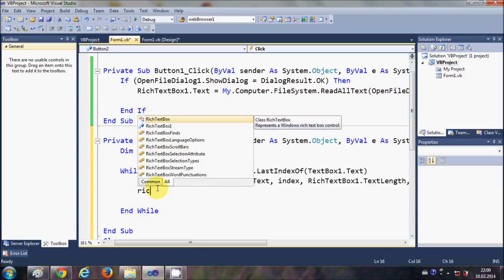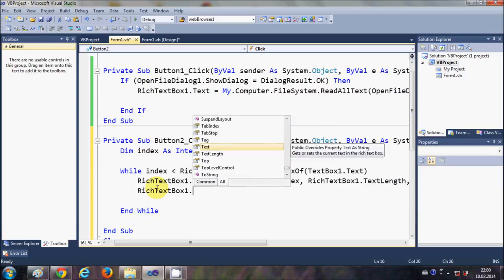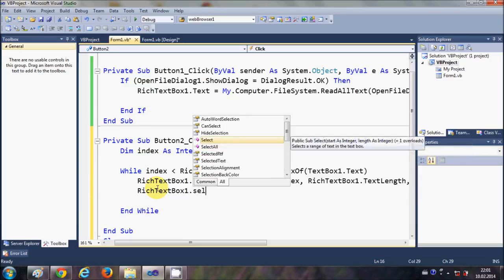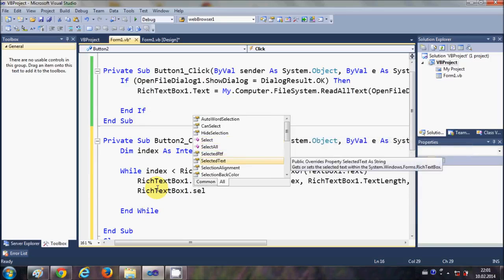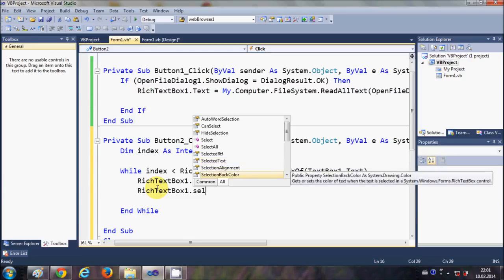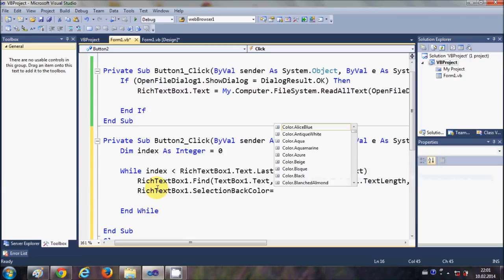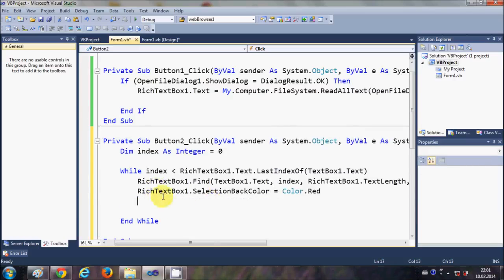So just write rich text box 1 dot selection back color is equal to the color of your choice. So for example, color dot red, I'm searching for. Okay, so this is red color, and now I will write